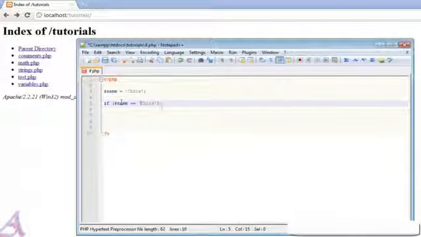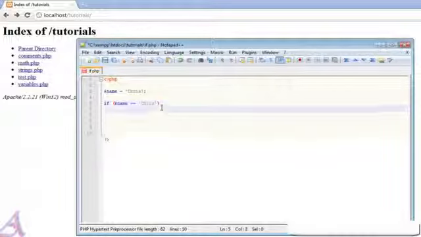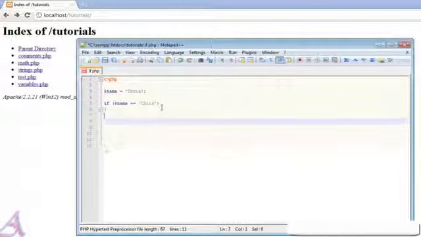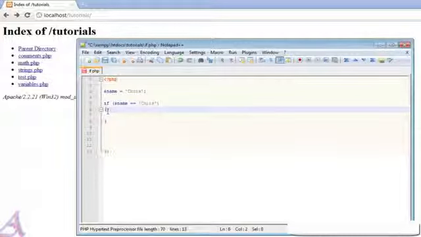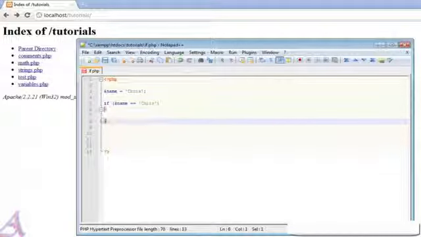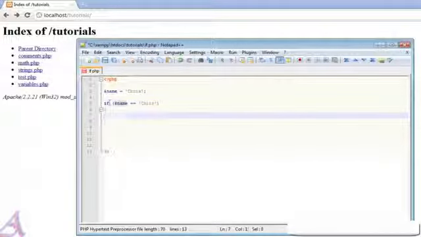And if that is true, now we need to execute the code. Now any experienced programmers might question this, but I'm just going to suggest use curly brackets all the time. So we need to put open curly brackets, and then down here we're going to close curly brackets. And what this will do is all code enclosed within the start and end of this will be executed if this condition is true. So what we're going to do is echo